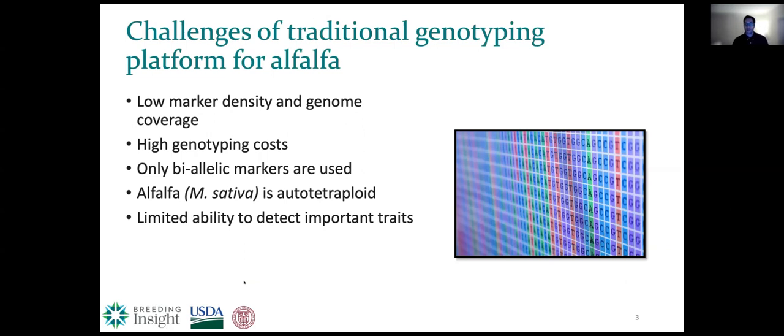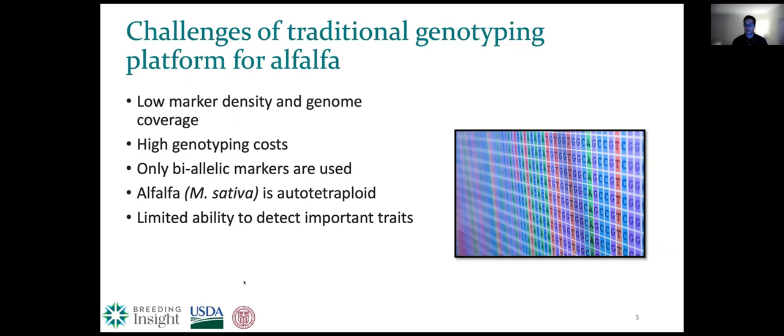Traditional SNP markers have several limitations when used with alfalfa. First, the marker density can be low, meaning that not necessarily within specific regions do you have enough loci, but in general coverage throughout the genome. You can use tools like whole genome sequencing, but that leads into the second point: genotyping costs can be high, which can make it prohibitively expensive to genotype large numbers of plants. Finally, traditional SNP markers that provide low density may not be able to detect important traits, because if you don't have markers in a certain region of the genome, you're not going to be able to successfully identify those genome